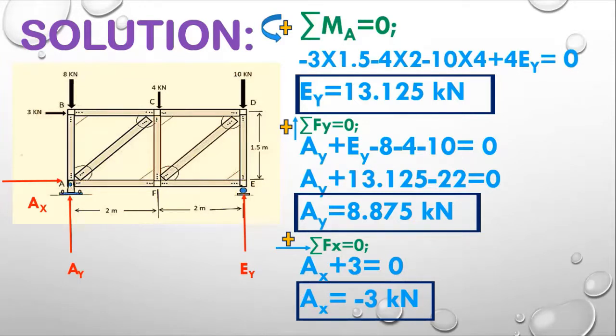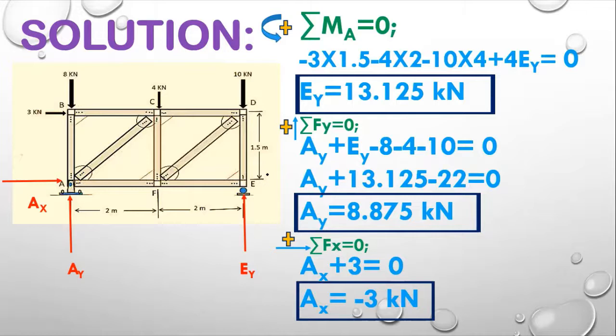And I think joint E will also help, because we can get the values at the start. For example, we have already calculated the value of EY, so we will get the value of DE. And you can see here the magnitude of member force FFE is equal to 0, because there is no other horizontal force. So you can choose joint B or joint E. It's up to you. Whatever joint you want to take first, you can do it. There is no restriction that you have to start calculating the joints from the start, but remember, you have to find all the member forces.